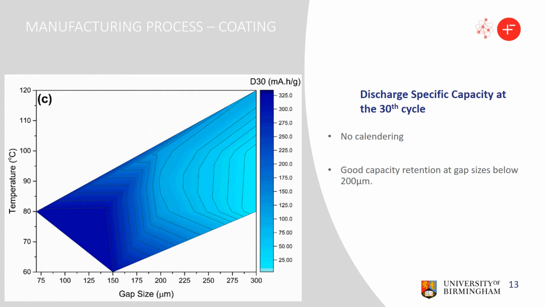And again, we observe that the best combination of manufacturing properties are at gap sizes below 200 and at drying temperatures in the area of 80 degrees